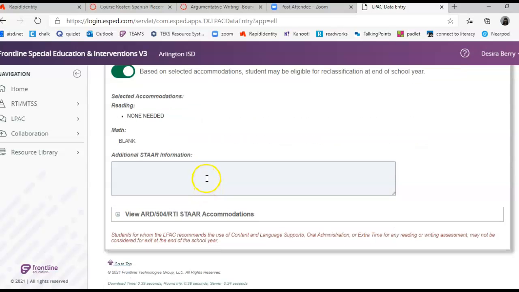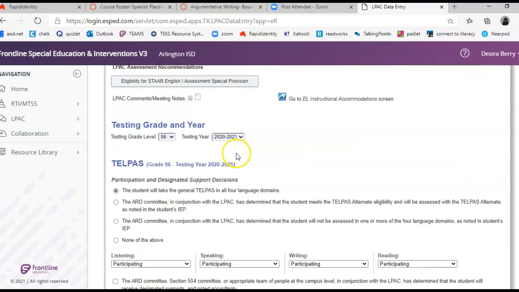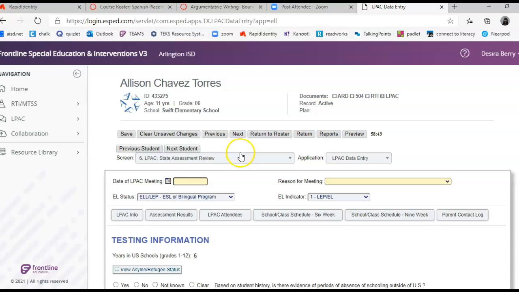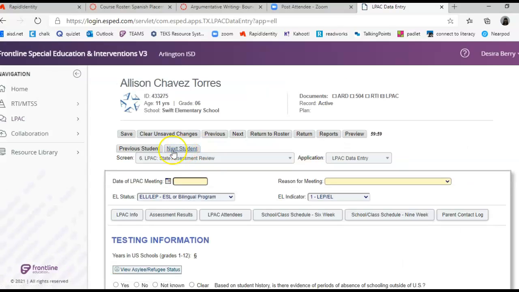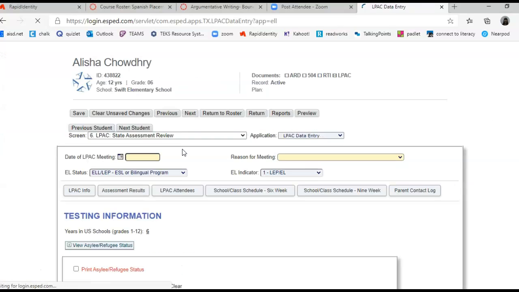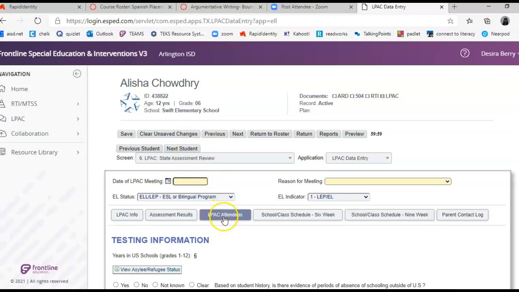Okay? All right. So once we have that, we're going to go back to the top, and we want to save it. And then we're going to go to the next student. So right here, it says Next Student, and you'll fill out the same information. You want to make sure that you are definitely saving your accommodations for all of your students. Okay. When you have finished